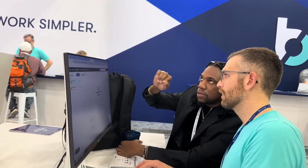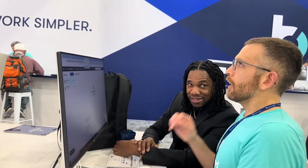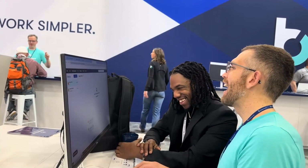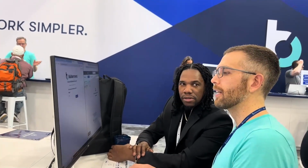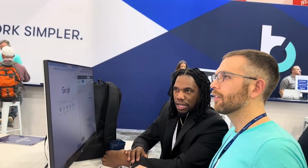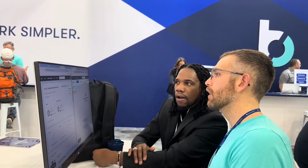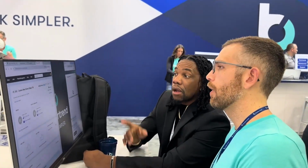our DreamHomers. At the Buildertrend booth, we're greeted by a wave of cutting-edge technology designed to streamline project management and enhance communication. From intuitive scheduling features to real-time updates, Buildertrend empowers us to stay organized and informed every step of the way. With Buildertrend by our side, we're equipped with the tools and resources needed to bring our DreamHomers' visions